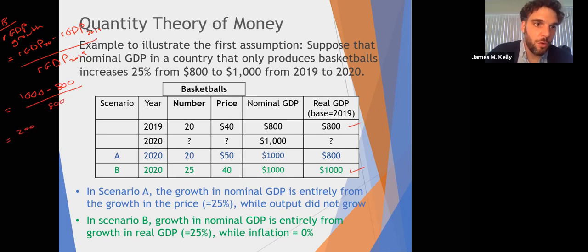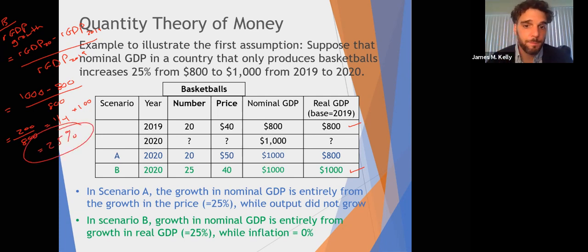That ends up being 200 over 800, which is equal to 1/4. Multiply that by 100 equals 25%. Okay. Inflation, as you can see, the price did not inflate in scenario B, so inflation is going to be equal to 0%. Okay. So in the first scenario, in scenario A, again, the sole source of the increase in nominal